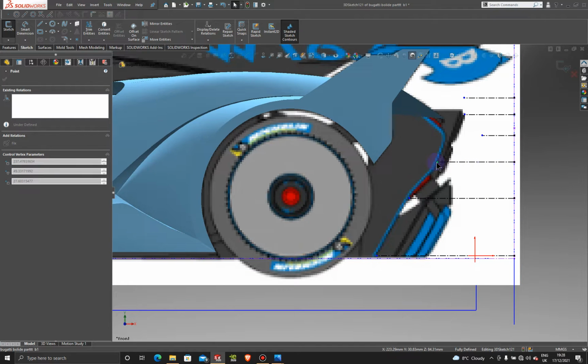It's that one there. This one here. Of course, right on the corner,